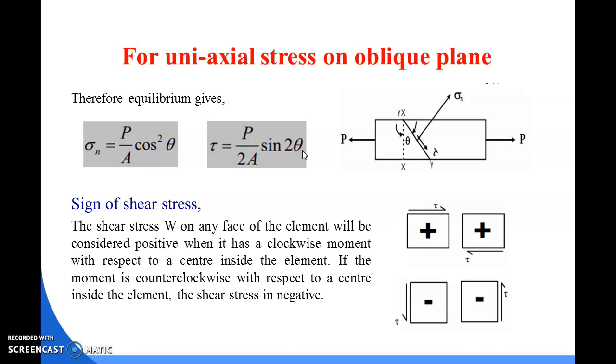Then for the shear stress value, how will you know what kind of shear stress is a positive value and what kind of shear stress is a negative value? So you can see here the first figure, this figure and this figure. Always remember, while an object is subjected to shear stress, it is always opposite to each other in one plane. That means if I